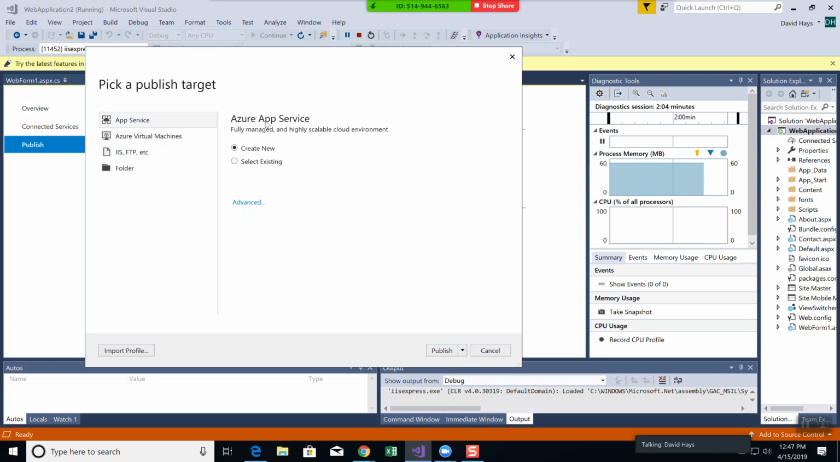Microsoft has a hosting service. There's also down here IIS, FTP, etc. Or you could publish it to a folder. The idea, if you publish it to a folder, you can copy that folder to wherever you want. I could copy it to mathheals.com. And so it's not publishing directly. If I could come to the configure,